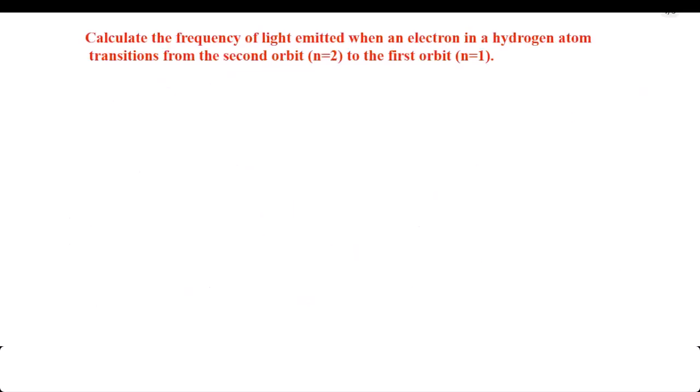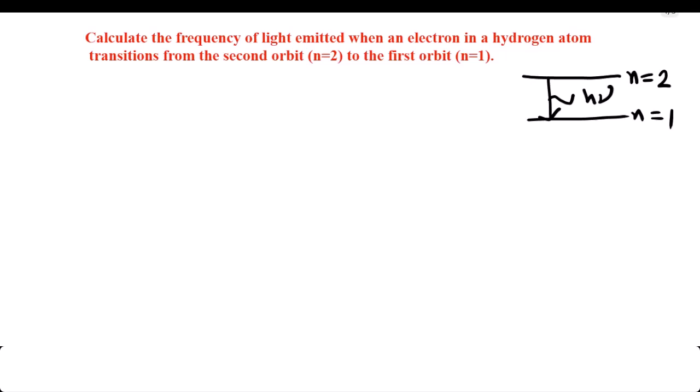The next question, a very similar question. Calculate the frequency of light emitted when an electron in a hydrogen atom transitions from the second orbit to the first orbit. So here the electron transitions from n = 2 to n = 1. When an electron comes from 2 to 1, it will emit a photon of frequency nu, then the energy